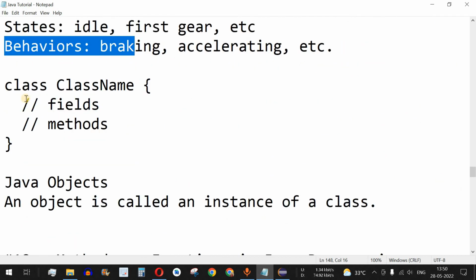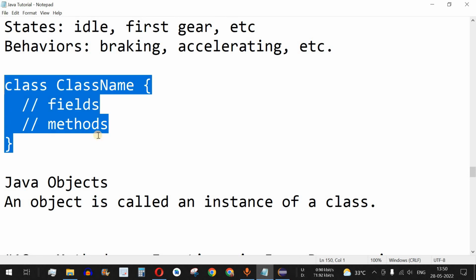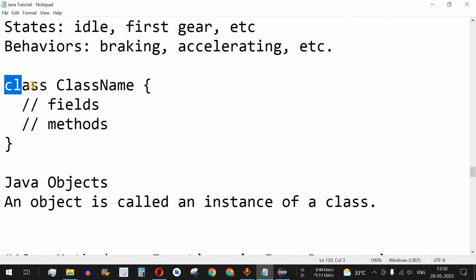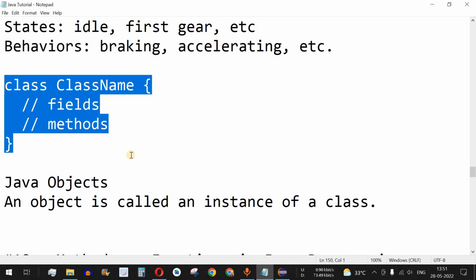Now guys, as we can see over here, we have the class format, and this is the syntax that we use in order to define a class. So basically we use the class keyword followed by the name of the class, in which case the starting character must be capital because that's the best practice that we follow in Java. And then we have different fields and methods inside the class. These fields and methods are enclosed within the curly braces, and guys, we are going to check this syntax with the help of an example as well.